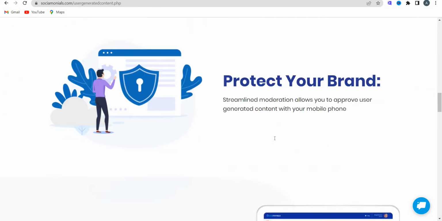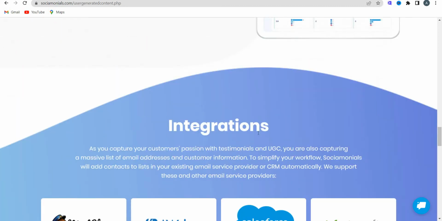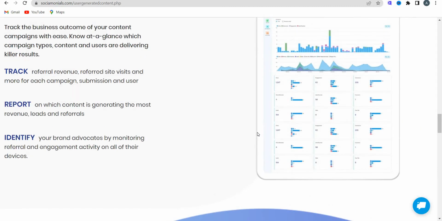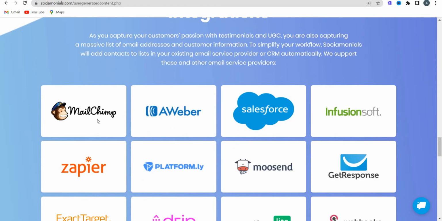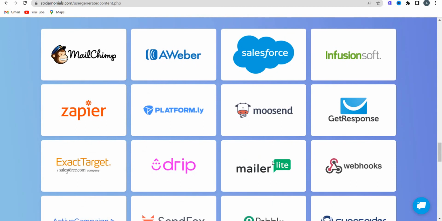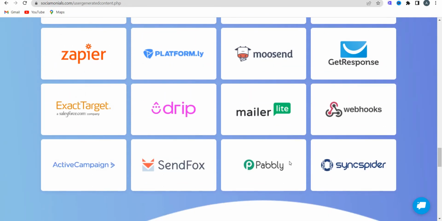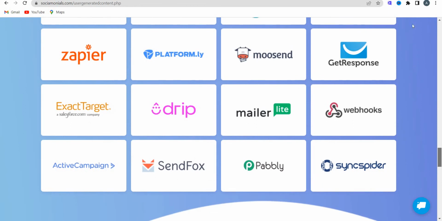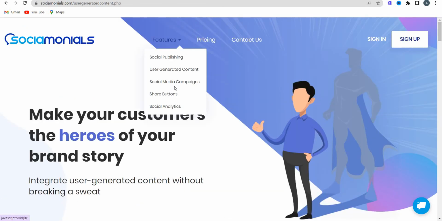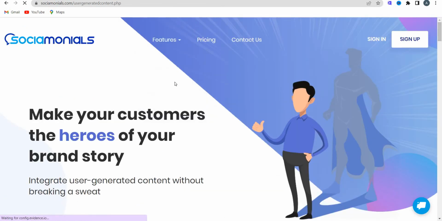And when it comes to protecting your brand, providing analytics, it's really very, very solid. When it comes to integrations, they have some really good integrations with tools like MailChimp, email marketing tool like Aweber, CRM tool like Salesforce, Infusionsoft, Zapier, Platformly, MailerLite, which is very unique, GetResponse, another solid email marketing tool, Pabbly, SendFox, and ActiveCampaign. All right, and then the third feature that they have is social media campaigns, wherein you can